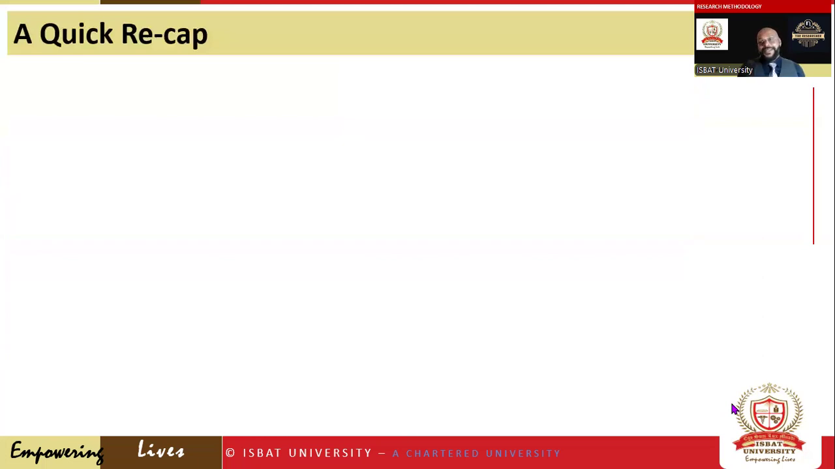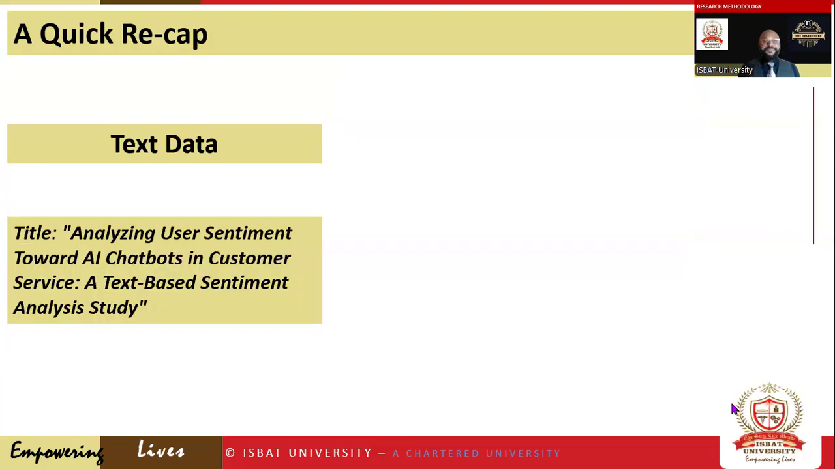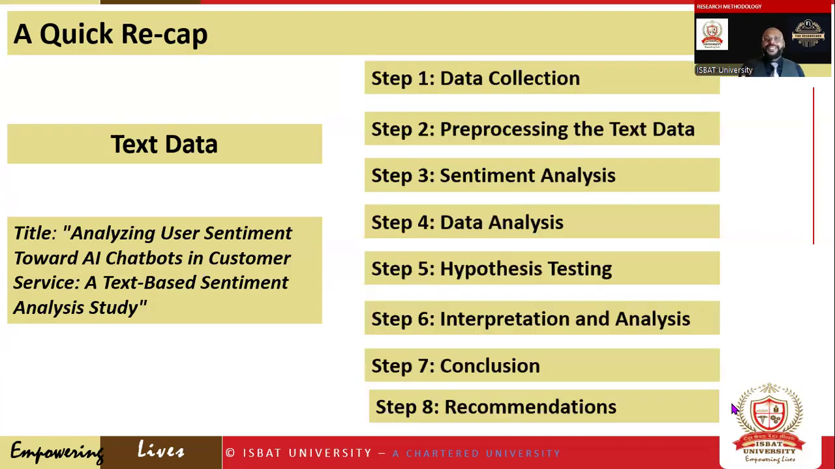So if you look at a quick recap, I talked to you about text data, types of text data, sources of text data, and the ways in which we can do different kinds of analysis with text data. Then we worked with a sample research, analyzing user sentiments, and I told you all the eight steps, how we can go from data collection till we give the recommendation. So I believe this session has helped you learn how to use